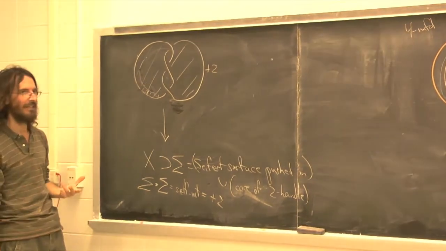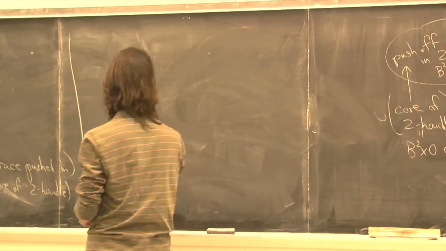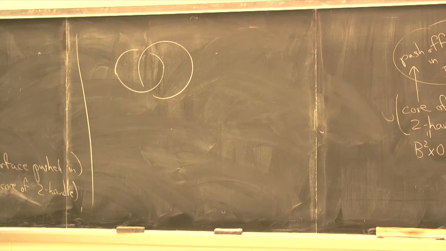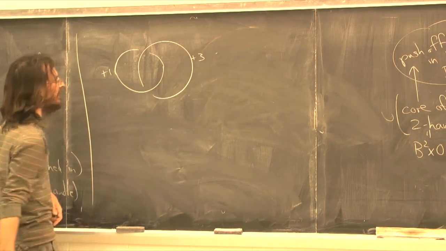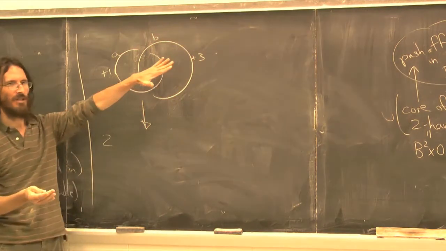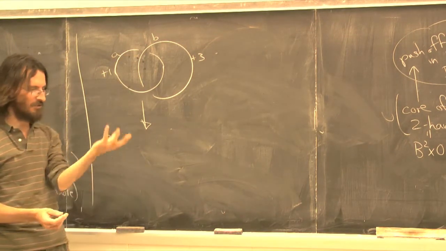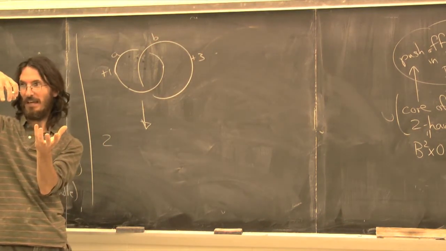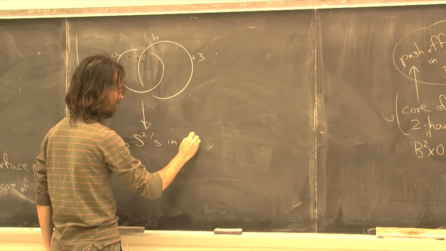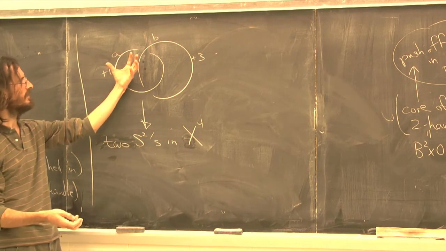And then the other phenomenon that can happen is this linking phenomenon, where if I attach two different 2-handles along, whatever, doesn't matter, I call this A and I call this B. This will give, in this case, two disks. Each of those knots bounds a disk, which I can push into the interior, and then I'll have two disks pushed into the interior, each of them capped off with a disk in the handle. So I'll give two different S2s in the interior, in X, in the 4-manifold, and those two S2s necessarily intersect, because